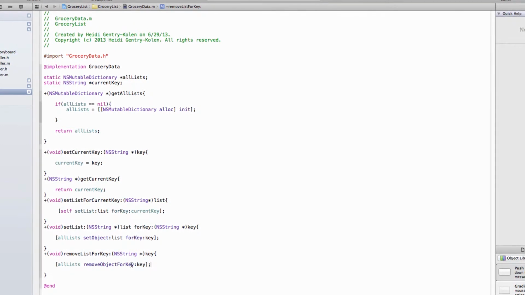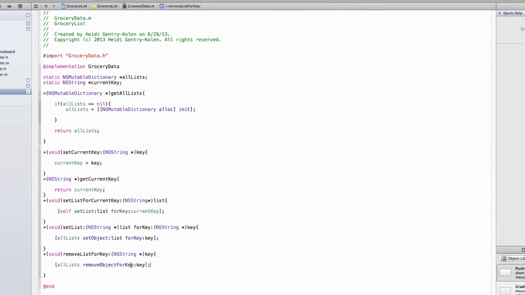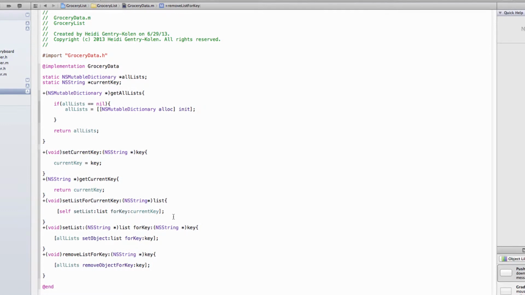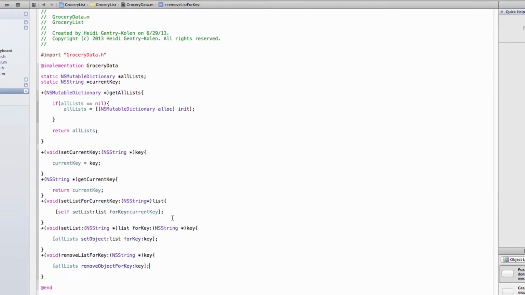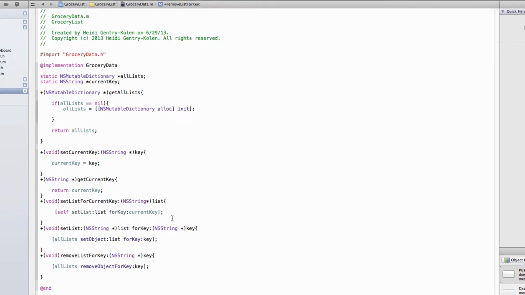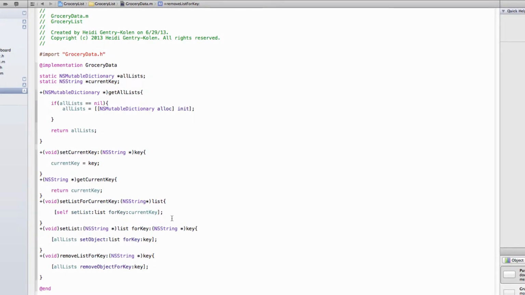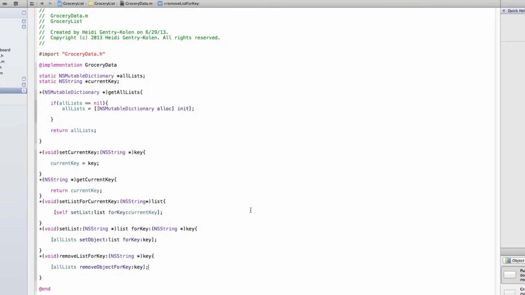So now for all of our methods in our dictionary, we have some functionality. So take a minute and look through those methods and make sure that you understand how those key value pairs are being passed back and forth and how we're using our data dictionary to store and work with the different pieces of data.